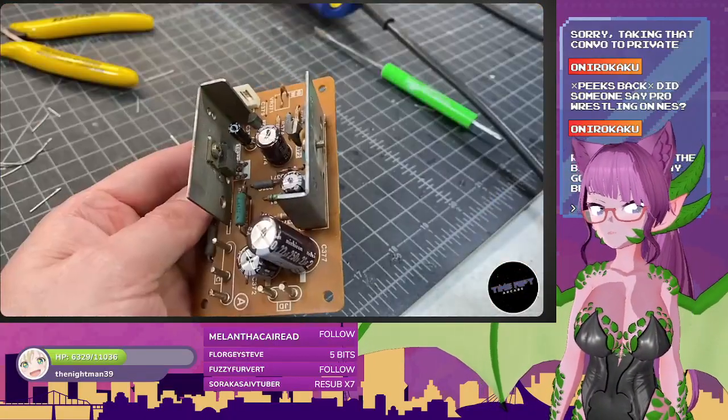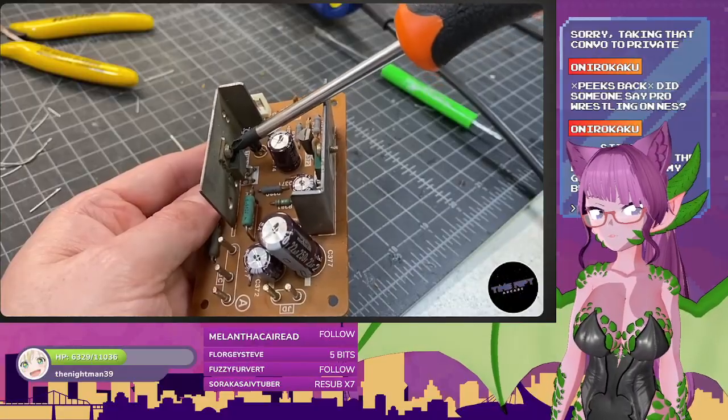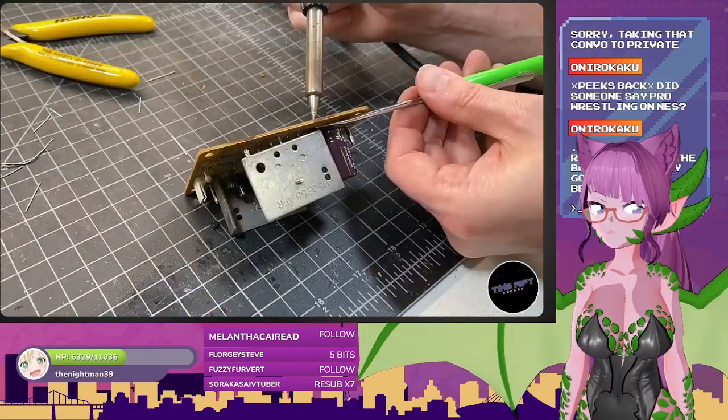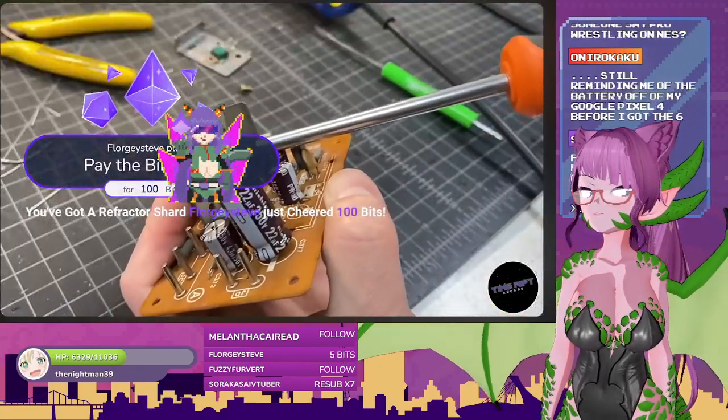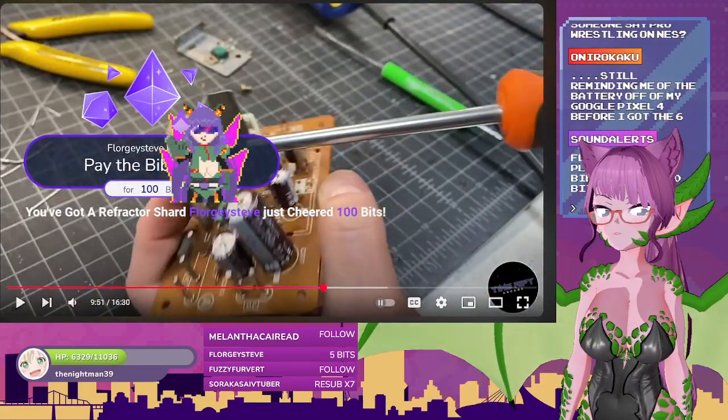Well, one problem I have is I can't get a screwdriver in at the proper angle to take these screws out, so I'll have to desolder one of the heat sinks. And now, not only can I get this out, but I can also